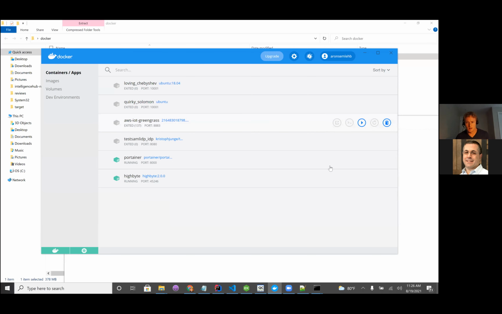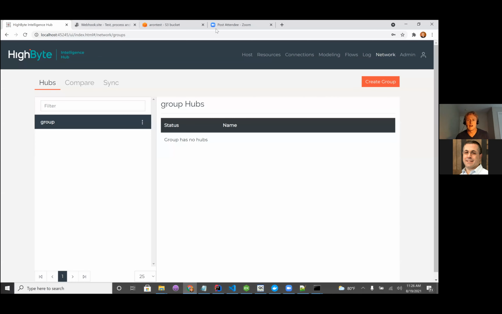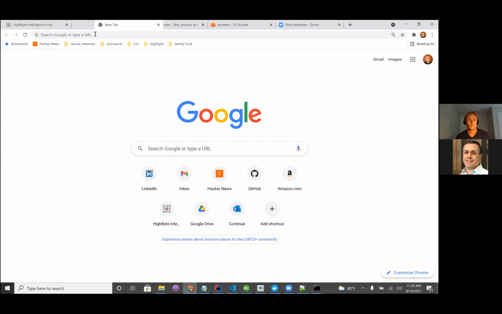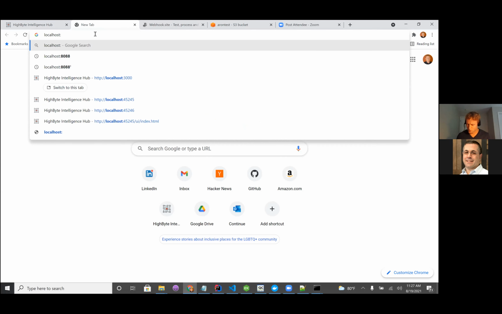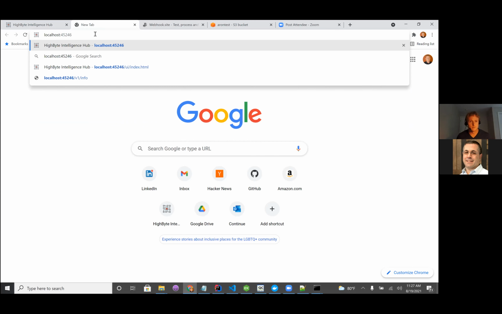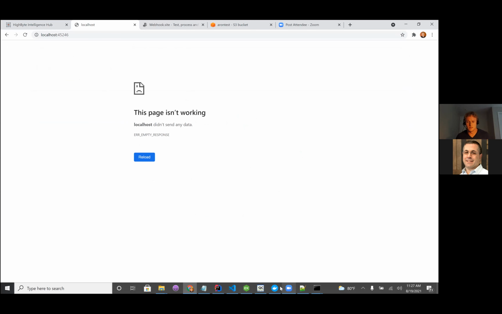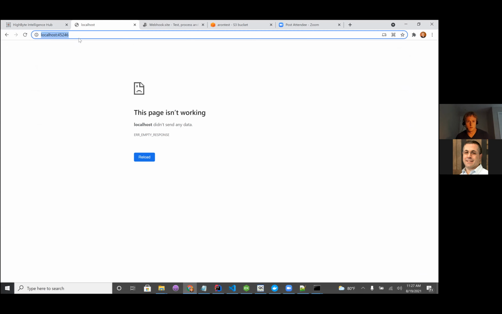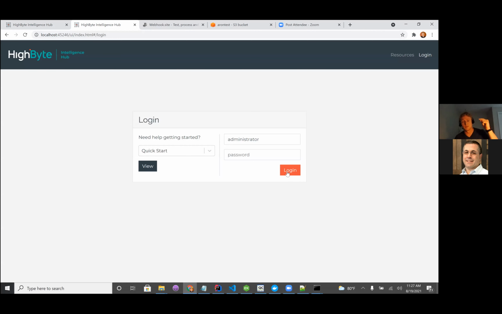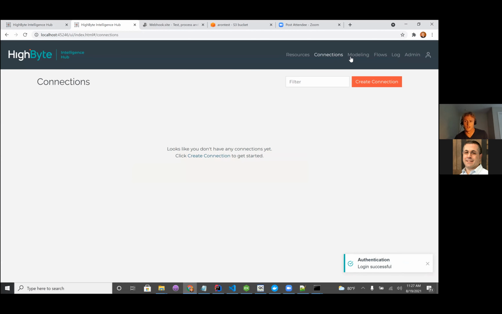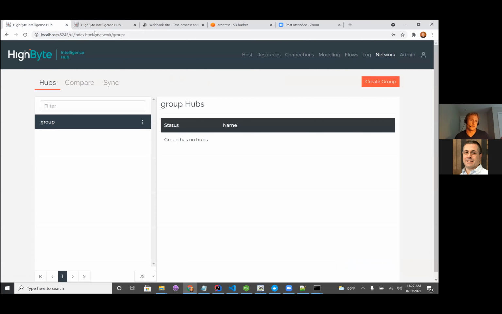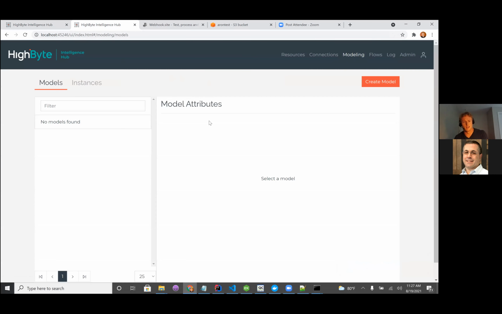And then I'm just going to exit out and restart. Now I can pull up another window at 45246. Once this gets up and running, give it a quick second. Now this is connected to my Docker image, which has no configuration. So I have independent windows for the central host. In this case, from my central host, I can connect down to Docker. That may not be the case in an enterprise scale application, but just so you can see,